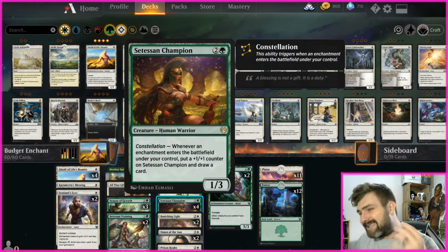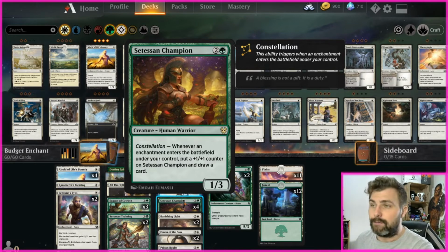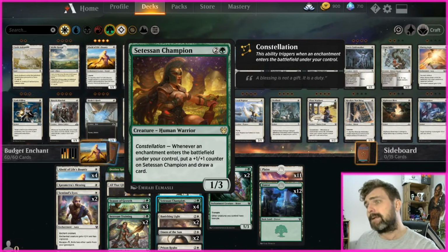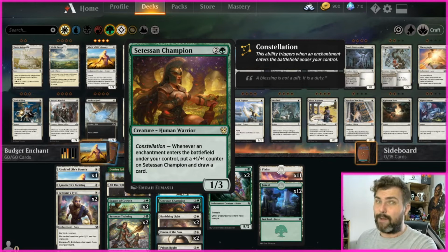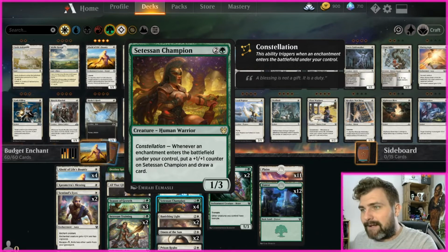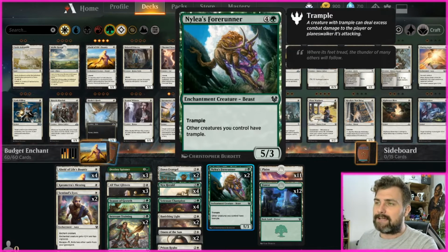However, it is a little bit memey, a little bit gimmicky, it's a combo card, so if they remove this card, it can take a very long time for you to start building back up on your mid-game plan. So the idea is they can't remove this before you win. That's basically it. If they do, then it can get pretty slow. And Nylea's Forerunner is just there for...